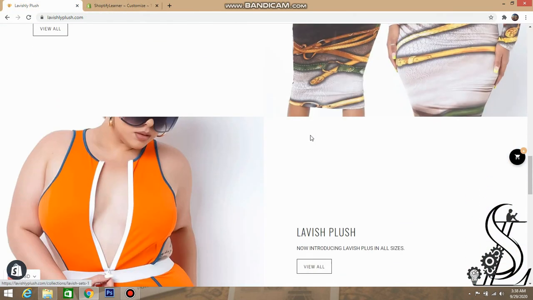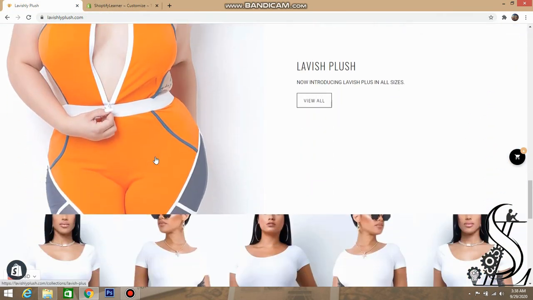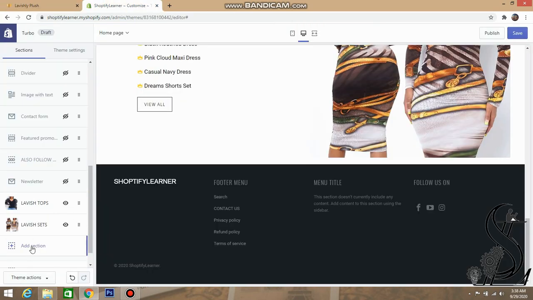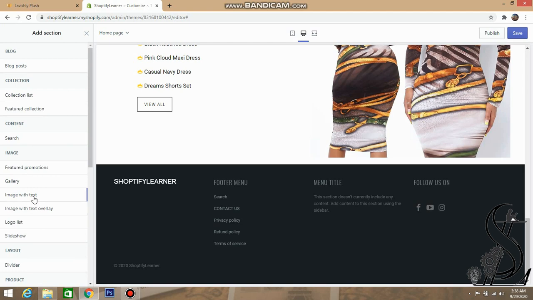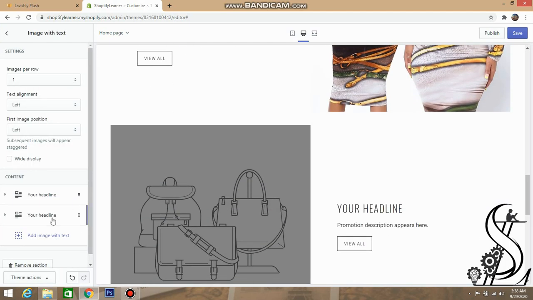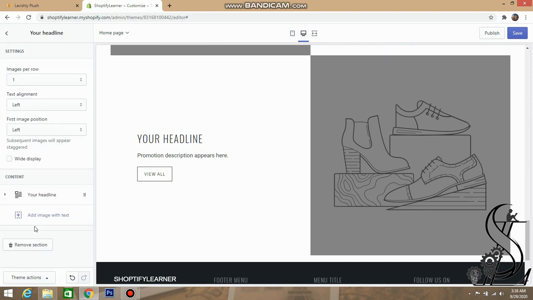Now we can move to our next section, which is also image with text. Simply you can do the same as we did above. Remove the second one.